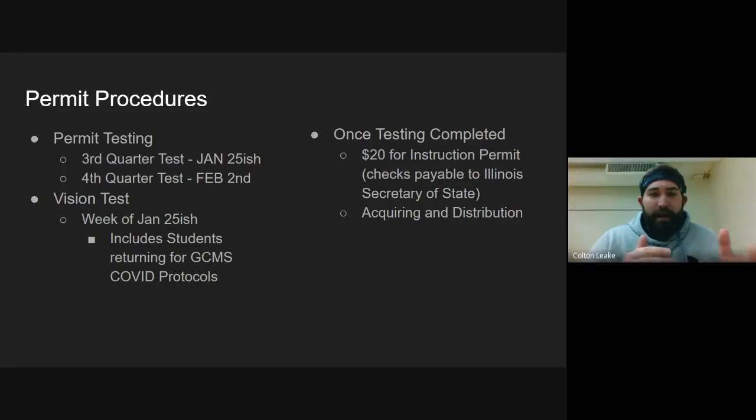The vision test, with that permit testing, I'll add, please make sure your child knows their address, their city or their zip code, because Gibson City and Melvin and Sibley and Foosland do not all have the same zip codes. I am barely familiar enough with Gibson City's zip code because I am terrible at remembering numbers.